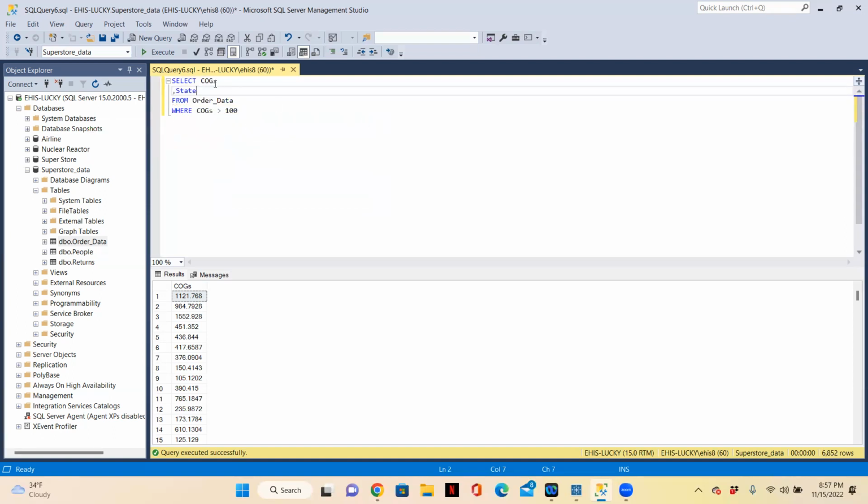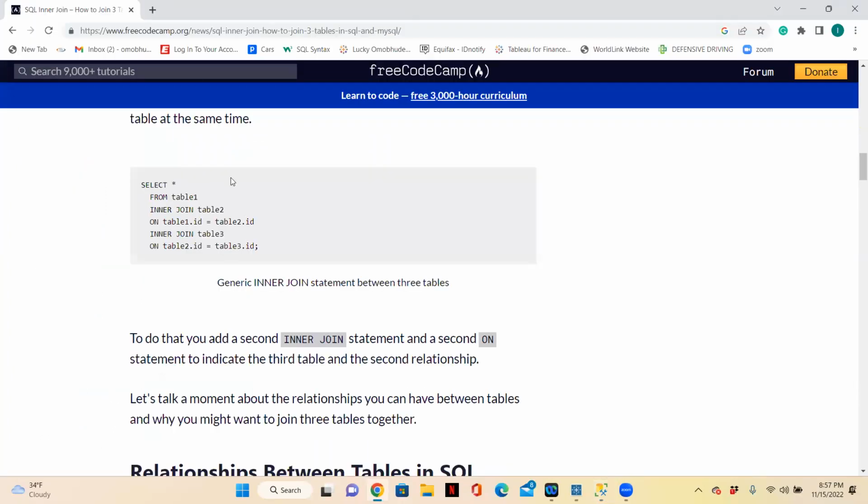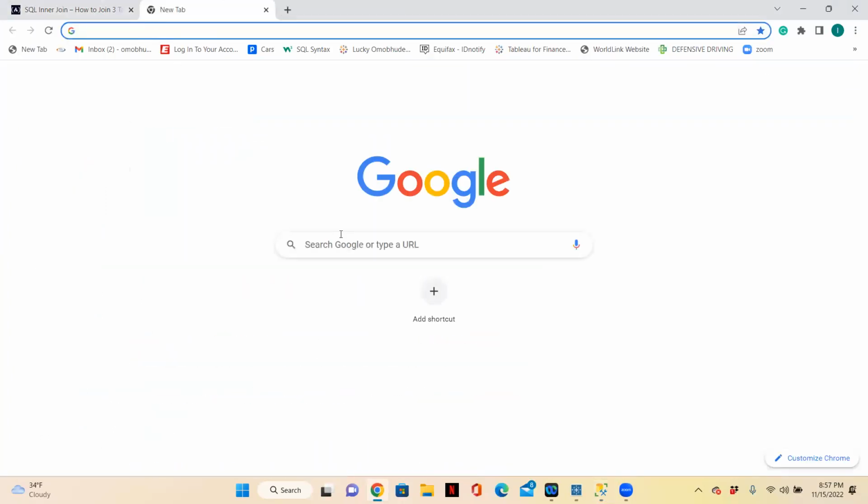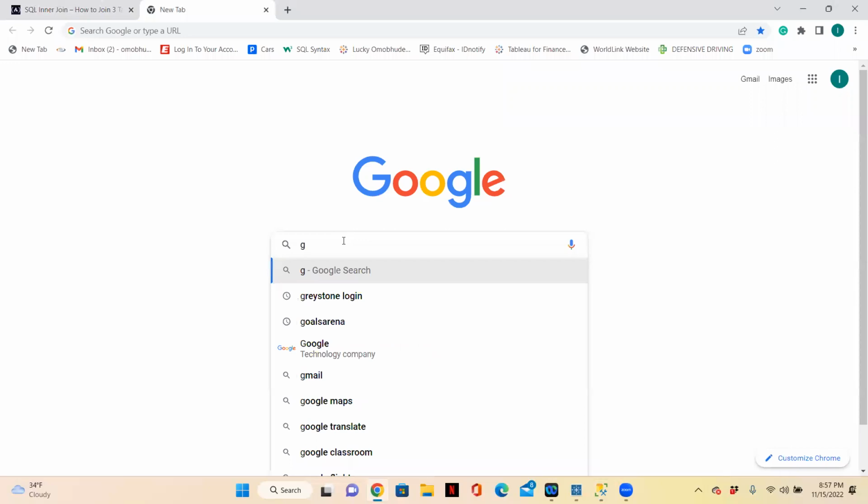So what I'm saying is select cost of goods sold and state from this table where my cost of goods sold is greater than $100. If I click this, you can see right now I have those two fields. And I can also do group by, I think. Let me see, maybe I missed something. I want to do group